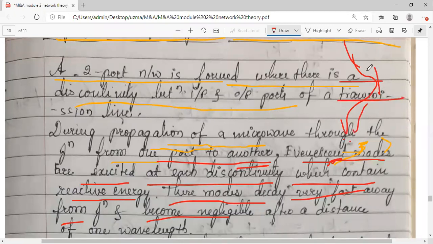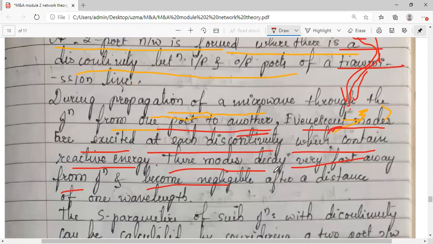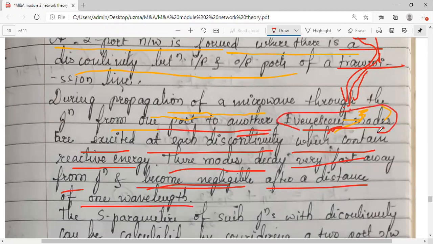Maximum at the center, and at both ends, as it moves, it is tapering. It means as the wave propagates over long distances, after some time the waves going through these evanescent modes become negligible after a certain distance of wavelength. Evanescent modes are what? They are not the modes at which the field is concentrated. The field that is concentrated would be perhaps the TE mode, TM mode, transverse electric, transverse magnetic, 0 1, 1 0, like this, the different modes you come across.